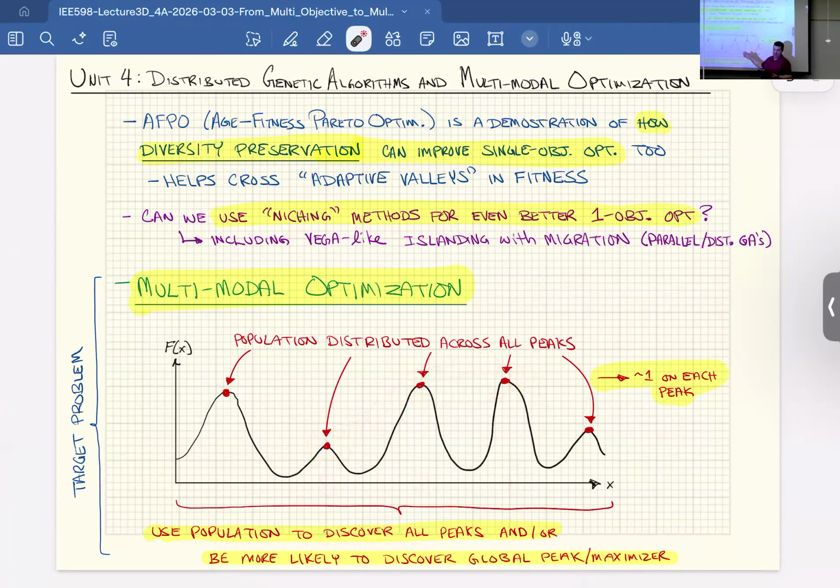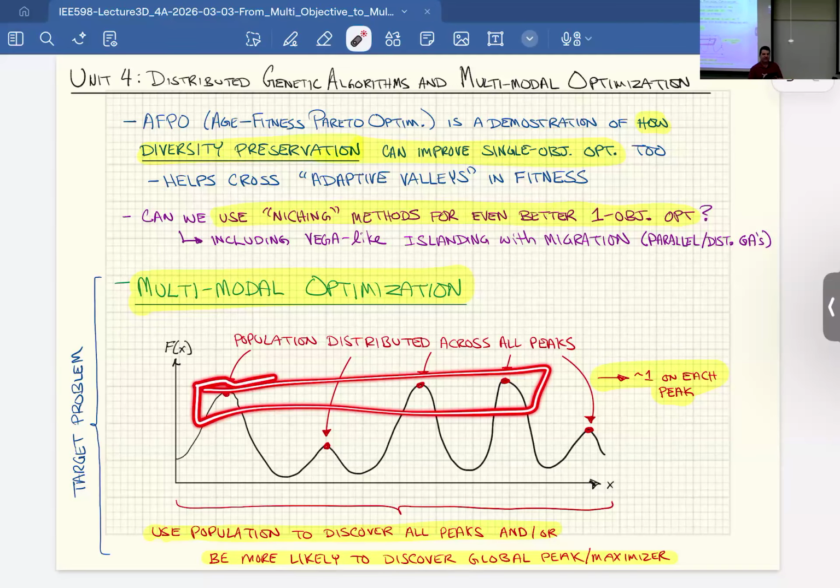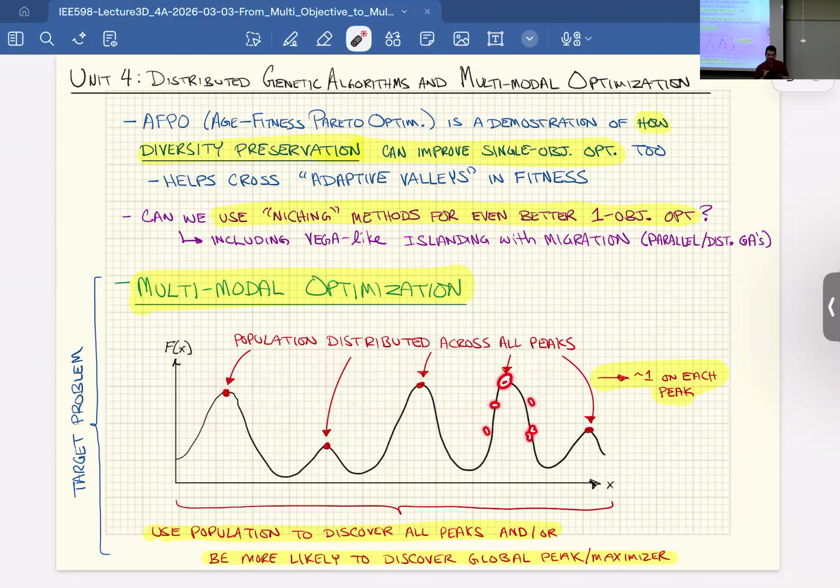So a genetic algorithm like the one you implemented for Mini Project 1, if you had multiple peaks of similar fitness, it will eventually coalesce on one peak. There might be some randomness, but it really is driven by finding one peak and pulling up there. Well, it might be valuable to our stakeholders. If there are alternative peaks of high fitness, then maybe we should let them know about those as well. And that's kind of the idea here, is that we've only been given one objective, but there might be hidden objectives where there's value in knowing all of the different ways that one objective can be maximized.